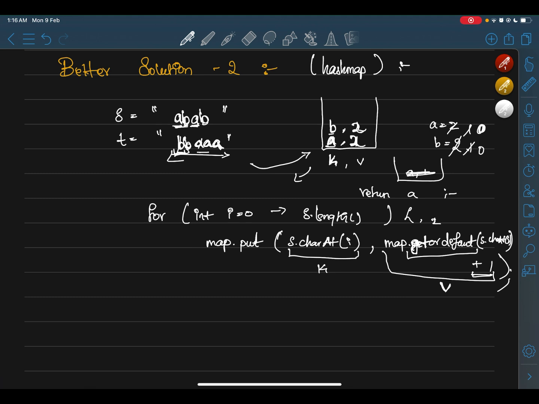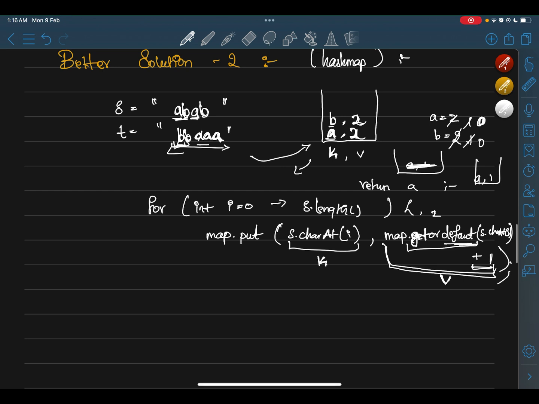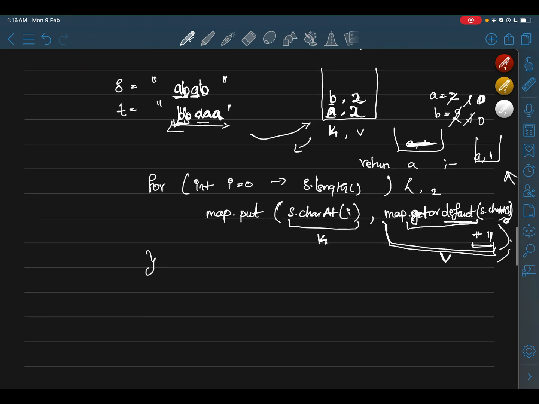What if A is not there? It's empty. So by default it will store 1. Already we are putting our key as A, and our value will be 1. That's it. Sorry, here you have to add a comma and 0. So the default will return 0, and with that we are adding 1. Okay, that is right. It makes sense. That's it. By this you can add the values, and while decrementing